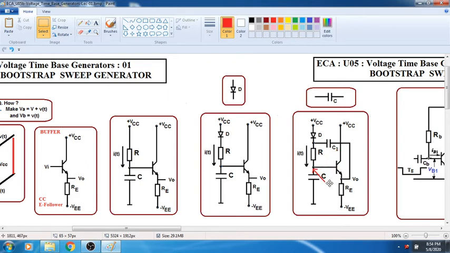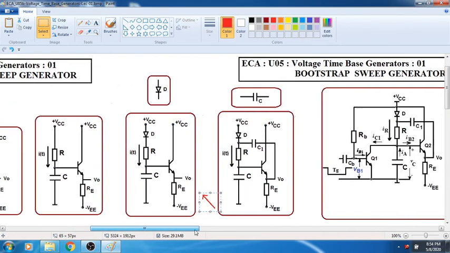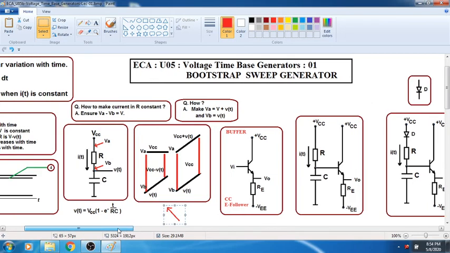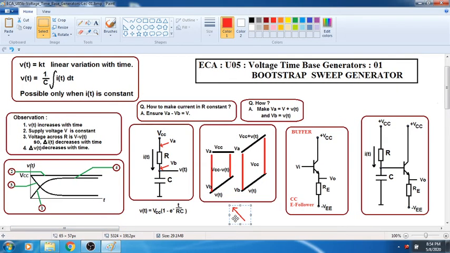Now at some point when we are trying to retrace, we can discharge this capacitor and the capacitor will be discharged. This point will come to ground, and again the diode will be forward biased, and this will quickly charge the capacitor for the next cycle of scanning and retrace both. Now in this lecture I have made it very quick and very simple. Let us quickly review what we have done and remember these points for the next lecture, because I am going to end in a couple of minutes.